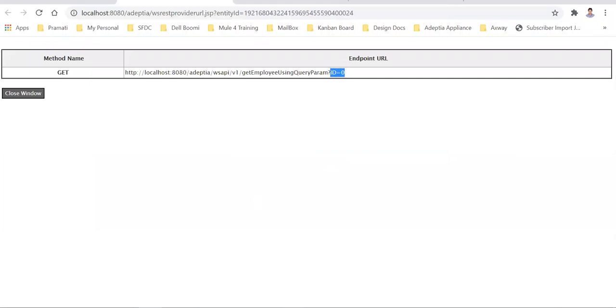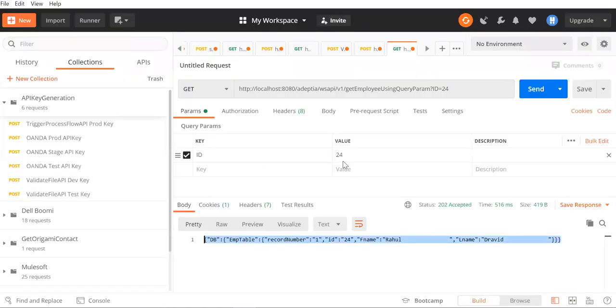Let me invoke this use case from the REST client, which is Postman. This is the URL which we are passing, and we are not passing any authorization or header, nothing. We are passing only the ID. Let me pass it here, 23, and hit the send button. Now you can see that we are seeing the Mahi data here from the database. And if you notice, whatever is there from the database source is converted into JSON.